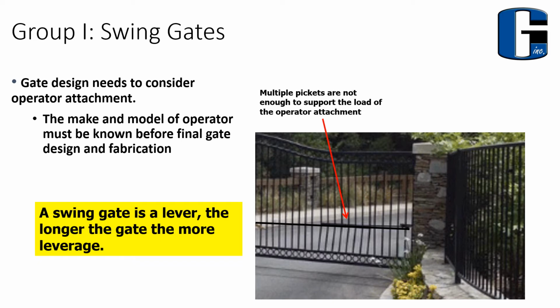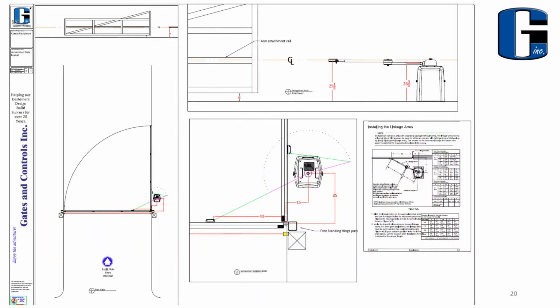Remember, a swing gate is a big lever. The longer the gate, the more leverage. So here's an illustration, kind of a shop drawing layout plan. The point here is that every make and model of operator has slightly different dimensions, maybe its height, the placement, the geometry, the setback. All these things have to be taken into consideration when choosing the model of operator, which